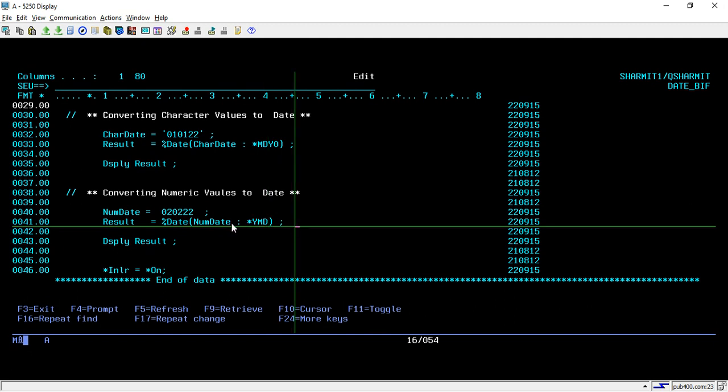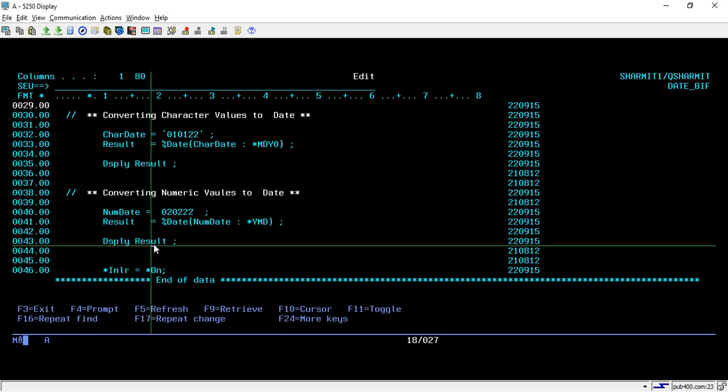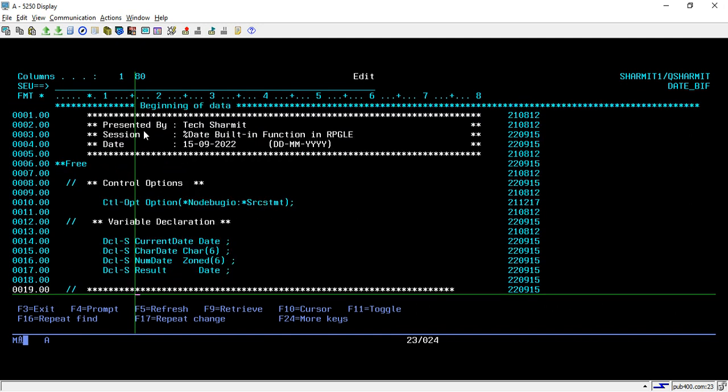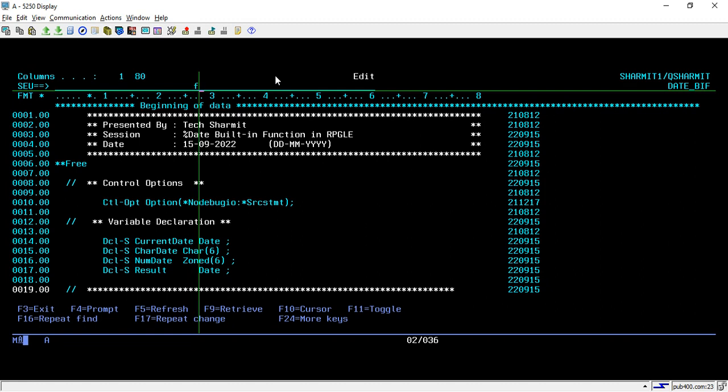So by default it will be converted to YMD format. Okay, sorry, we are using *YMD, so it will be converted into YMD format, and then we will store it in the result variable, and we are just displaying it on line number 46. We are setting *INLR equals *ON. So let's see how the output will be. I'm compiling it